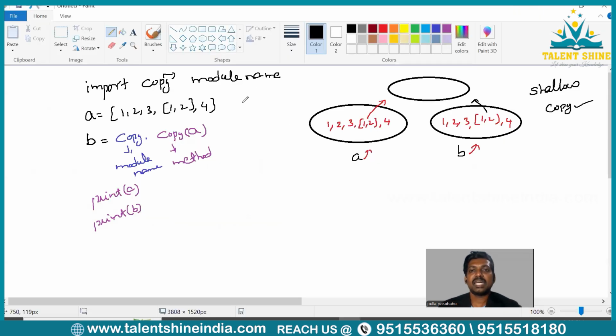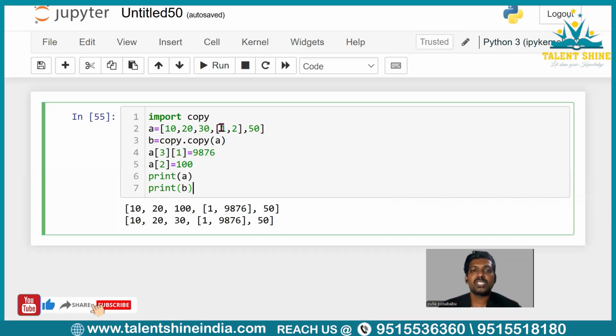Now let us discuss deep copy. So let's go back to my IDE. Now you could see over here, whatever change we are making in this nested list is reflecting in B. So I don't want that, right? So in this case,